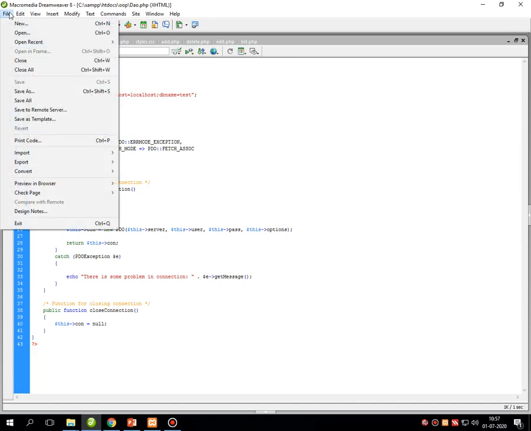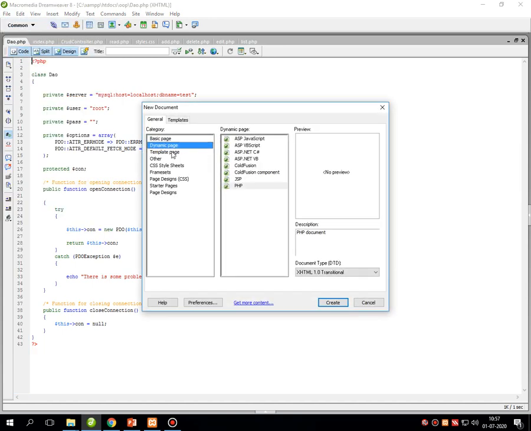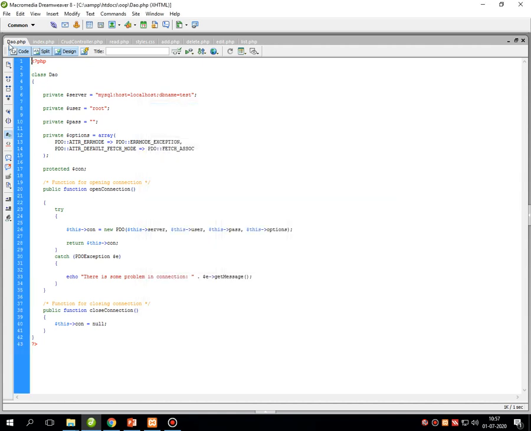That means create a new file, select dynamic page with PHP, and save this file as dao.php. The file name can be anything, you just have to remember it. It is not compulsory to use dao.php; I have given this file name.